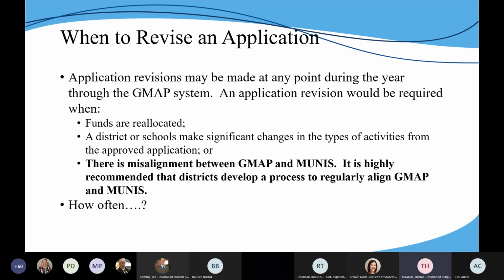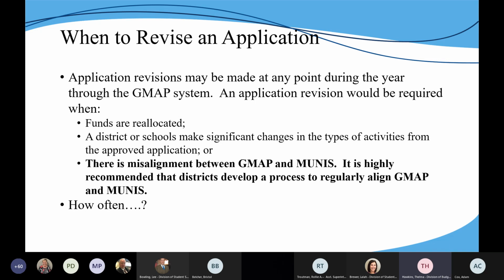If you had one position, it could be 60, 70,000. That's a significant amount of funds you need to move from personnel into other budget line items. And so you would need to make sure you submit a revision if that's what you plan to do in Munis, and you would need to update your GMAP